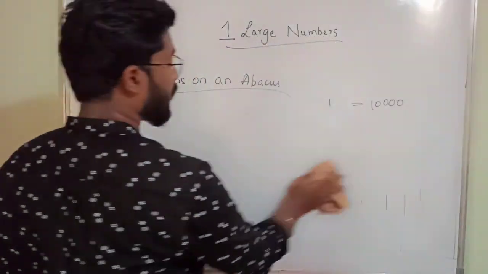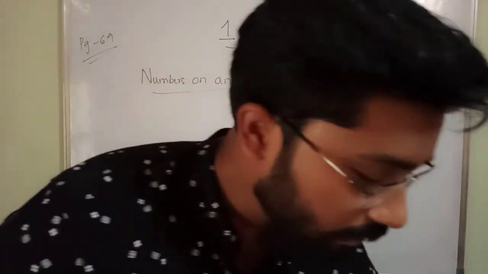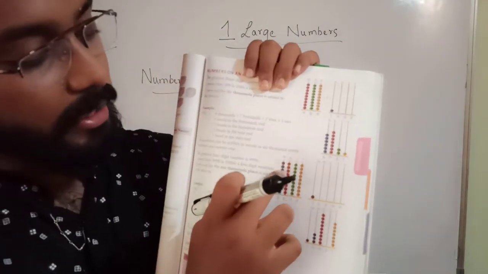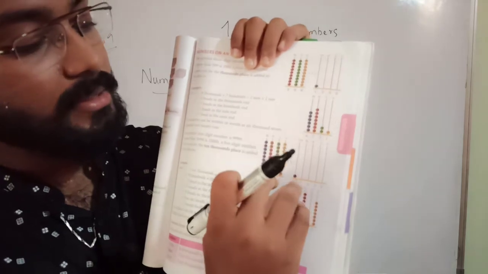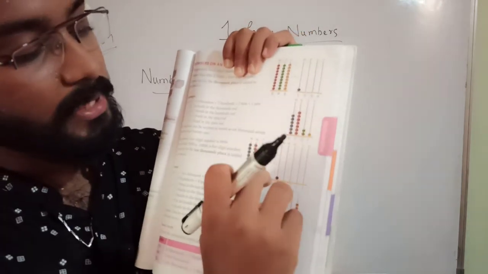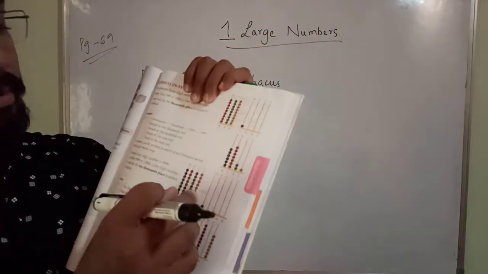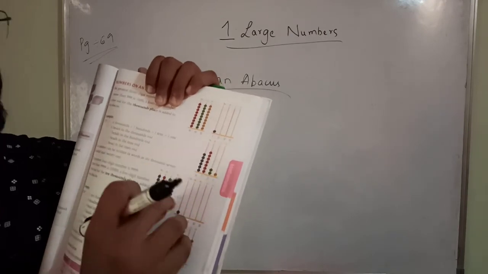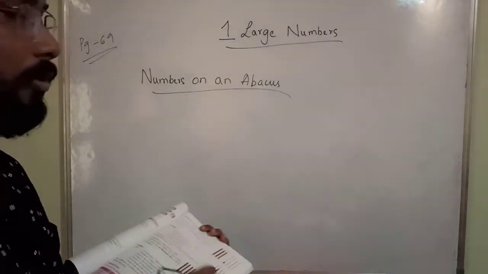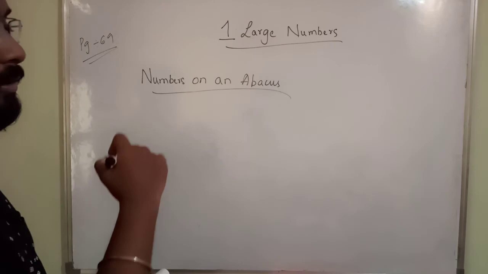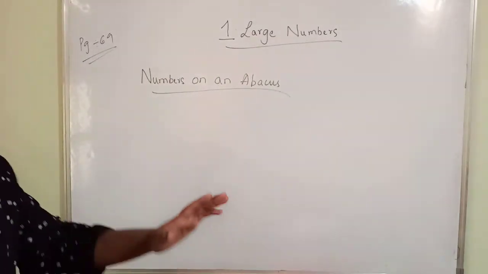This is very easy, and each bead has a different color in every rod. Look at that also. Here in the thousands place we have blue color balls, means beads. In the hundreds place, red color. In the tens place, green color. In the ones place it is near to gold color, like that. So you have to look at what the difference is, which color is there, and which color we are inserting in which rod. You have to represent like this. On the board I can't represent all those colors, so that's why I have represented nominally. Okay, so you have to just see.